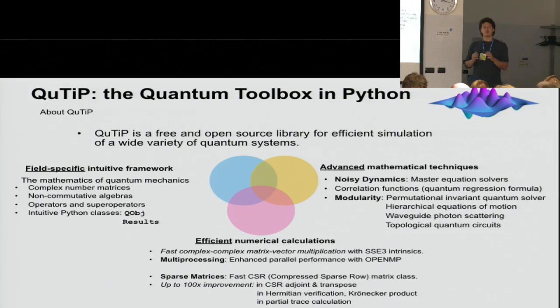And then there is also the modularity point. That is the fact, as I will show, that different libraries or packages have been implemented into QuTiP in a harmonious way. And finally, there is also some effort from the beginning, since from its creators, Paul Nation and Robert Johansson, into performing efficient calculations with sparse matrices, also exploiting multiprocessing.